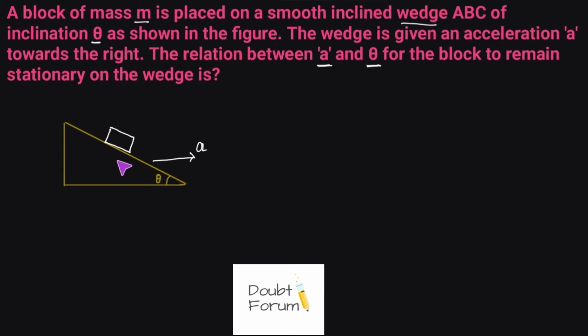So when we move the wedge towards right, certain forces would be acting on the block which would just balance the downward force on the block, and the block would not move with respect to the wedge. Of course, the entire assembly would move with the acceleration of a, but the block would not move with respect to the wedge. It would stay at this position.